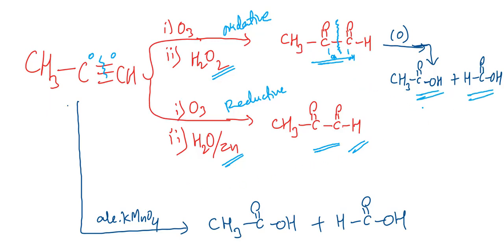The same product you can observe here in the presence of alkaline KMnO4. By getting oxidation, it is giving carboxylic acids, two carboxylic acids. In case of alkene, diols are forming. That is Bayer's reagent, alkaline cold KMnO4. But here, with alkaline KMnO4, carboxylic acids are forming in case of alkyne. In case of alkyne, oxidative ozonolysis and alkaline KMnO4 products are the same.